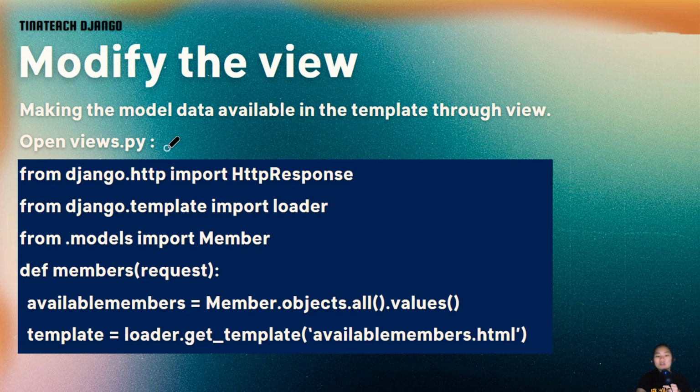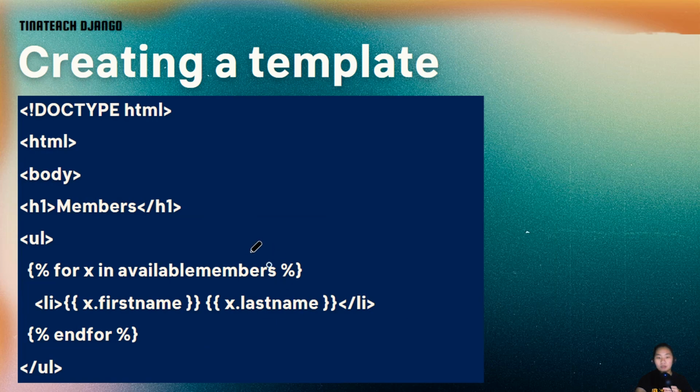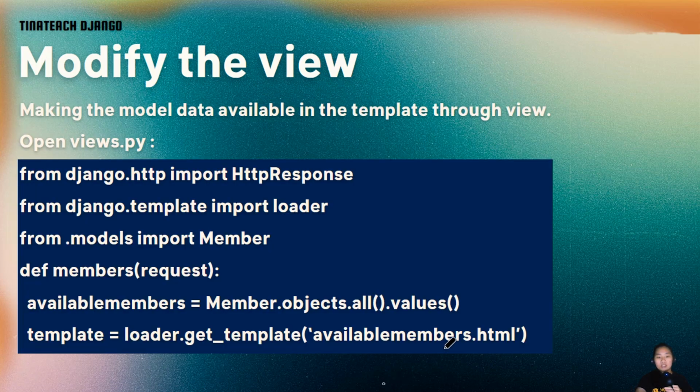And in views.py, this is what we're going to have. We have the import HttpResponse, as well as the loader, and then we're going to import the Member, right? Because we're trying to work with its database, with the function members request available members. Now this is the part where we get to define what the available members over here means. We get to tell Django what it does, and it equates to